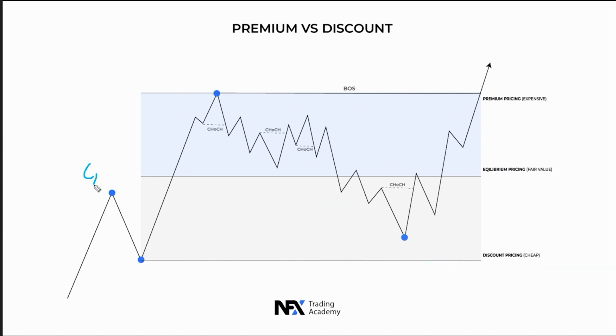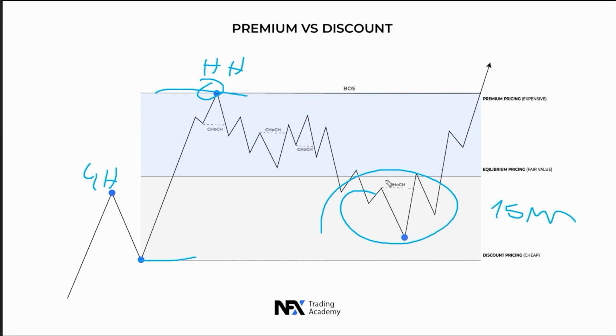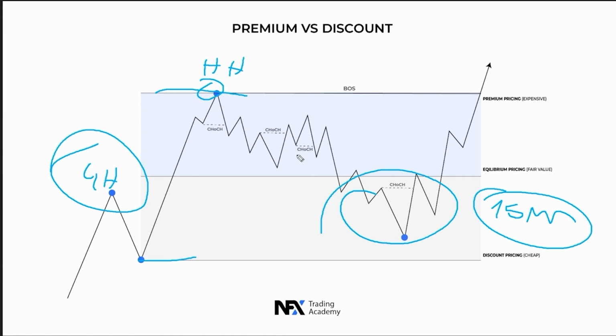So the 4-hour, indicated by the blue dots, is our structure, which is bullish. Once it created the new higher high, we're gonna wait for the pullback phase to finish, for price to come into the discount range, and then wait for, let's say, the 15 minutes to realign bullish to give us the confirmation. Now we are taking the trade based on the 4-hour, but we execute based on the 15 minutes once we have confirmation. One of that confirmation is price getting into my discount zone, or premium zone if I want to take sells.